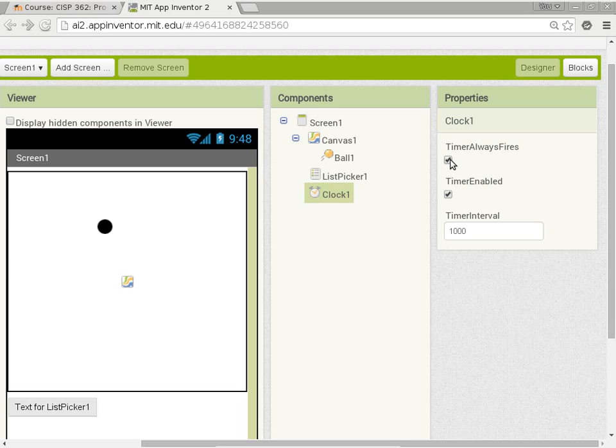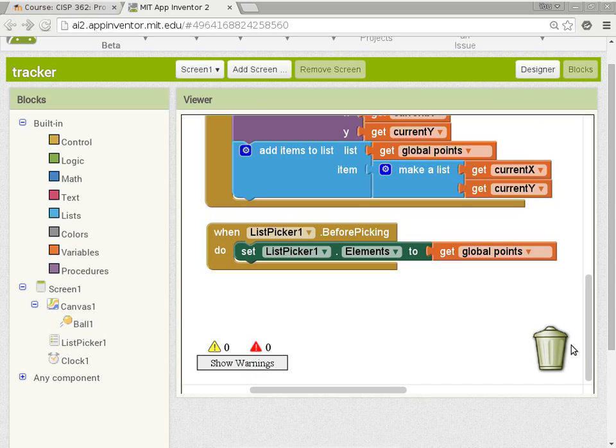Okay, so I'm going to turn off timer always fires. And guess what? I'm going to turn off timer enabled also. Okay, because at this point, before the user has done anything, I really have no use of the timer, until somebody is actually touching something. Okay. And now we switch back to the blocks to see, okay, but where do we put any